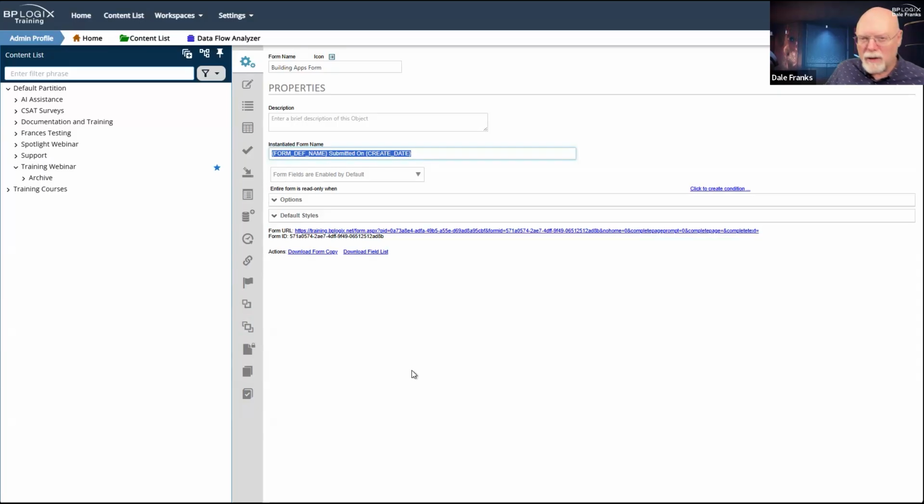We haven't gone in and done anything on the form yet, so you might think I'm getting a little bit ahead of myself, but I always know that I'm going to have 3 fields on every single form that I create. 2 of them, you might argue, are unnecessary because I can access the data that those 2 form fields will contain in other ways. But 2 of them, the submitter and the submit date or create date, are always available to me via system variable.